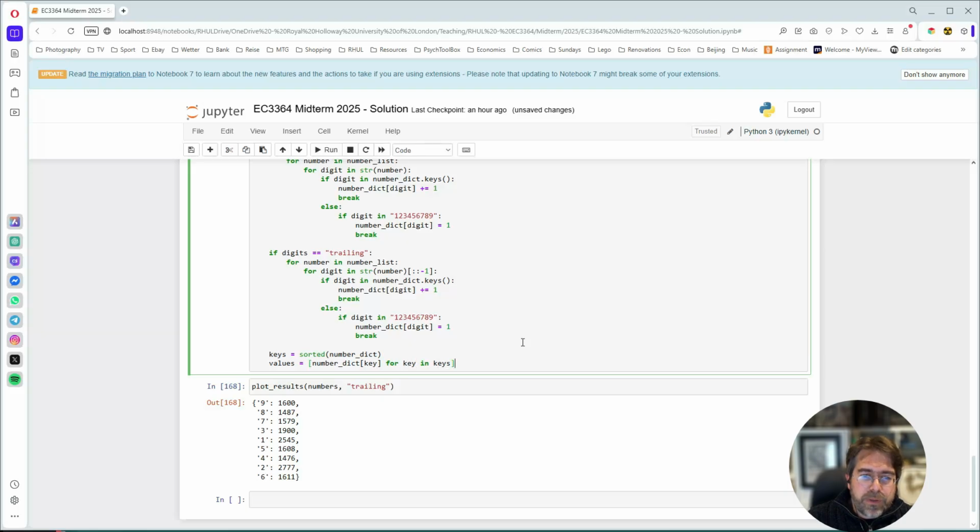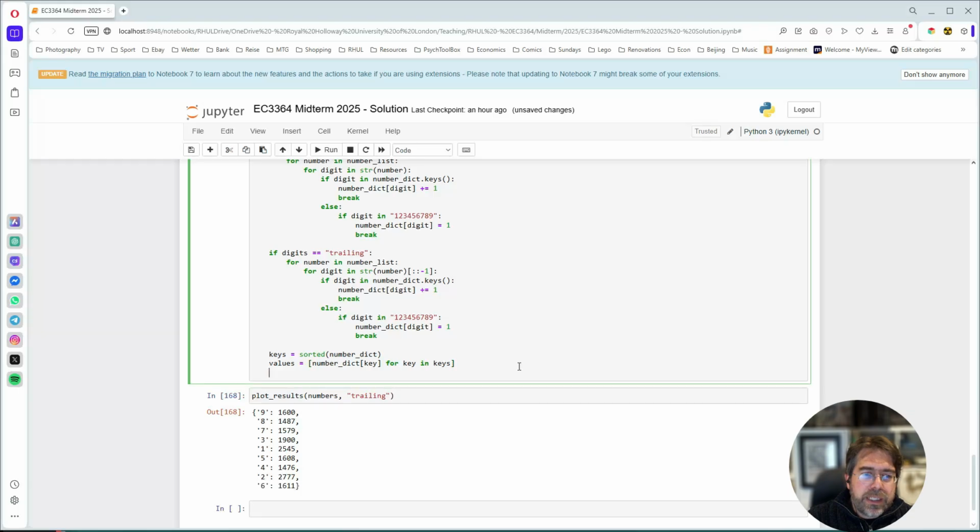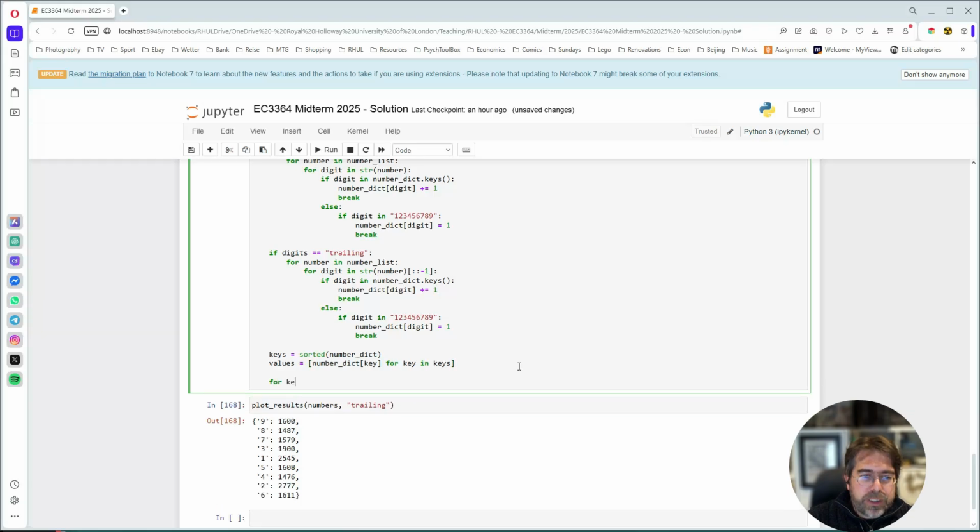So if you're not familiar with this notation here, this is list comprehension. It's very powerful. It's just a short way of writing the same as this. So for key in keys,